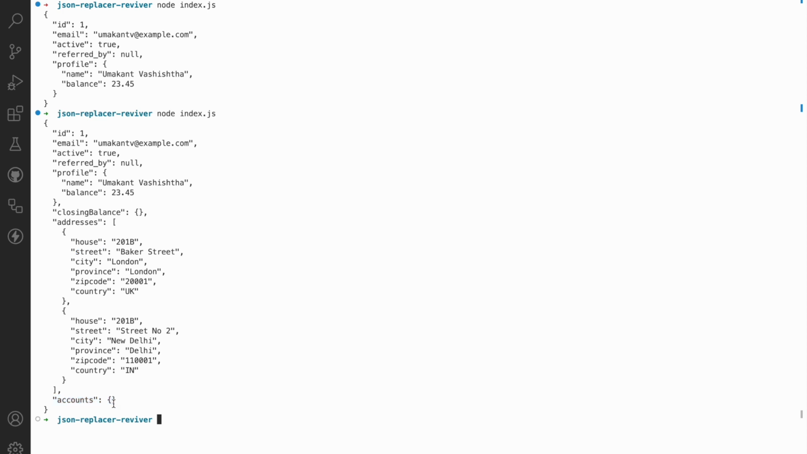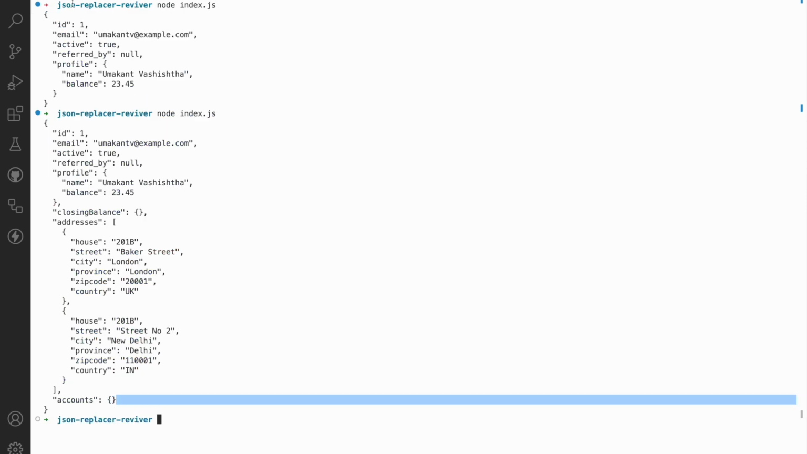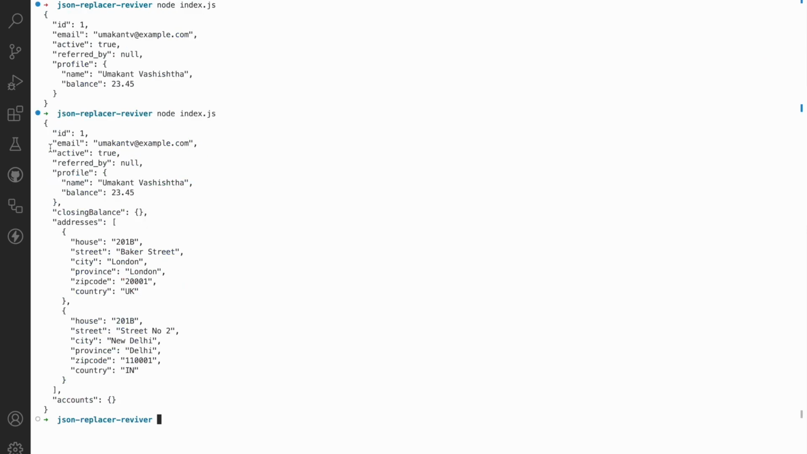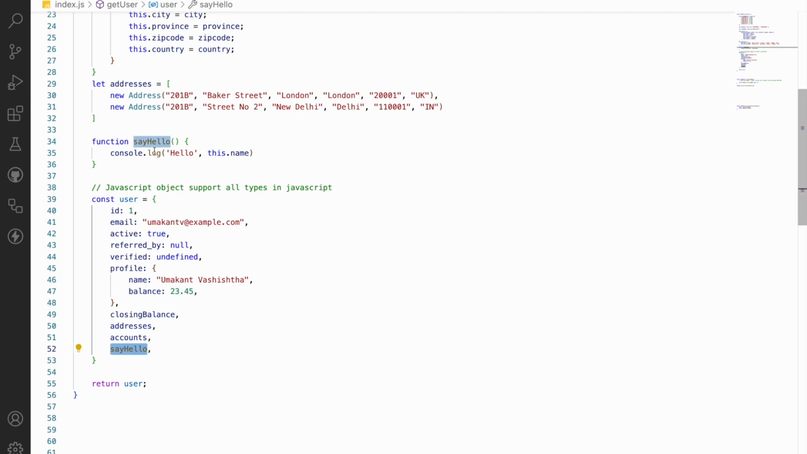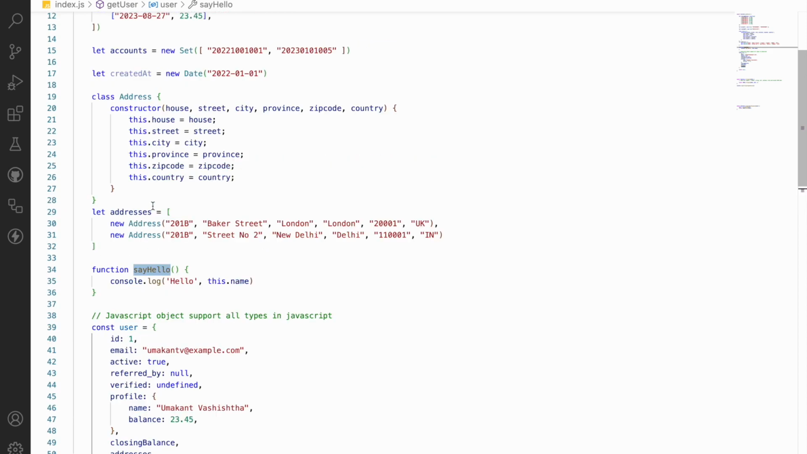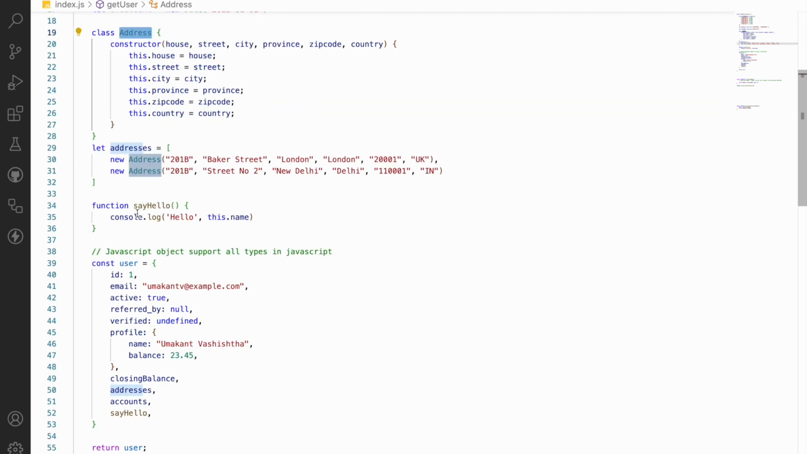Accounts was a set, but now it is converted to an empty object. And this say hello, which was a function, is not present here, just like undefined. So it looks like we have default behavior for custom classes, and the default behavior is to just export all the properties of this class. And for date,